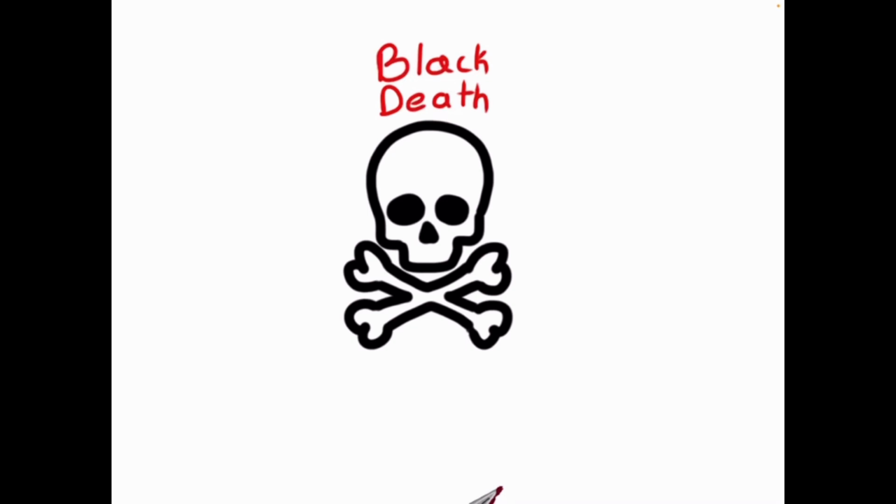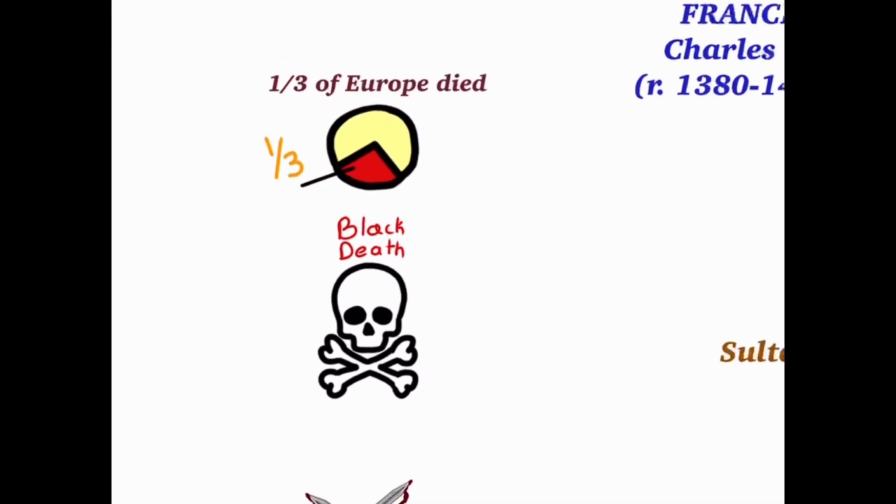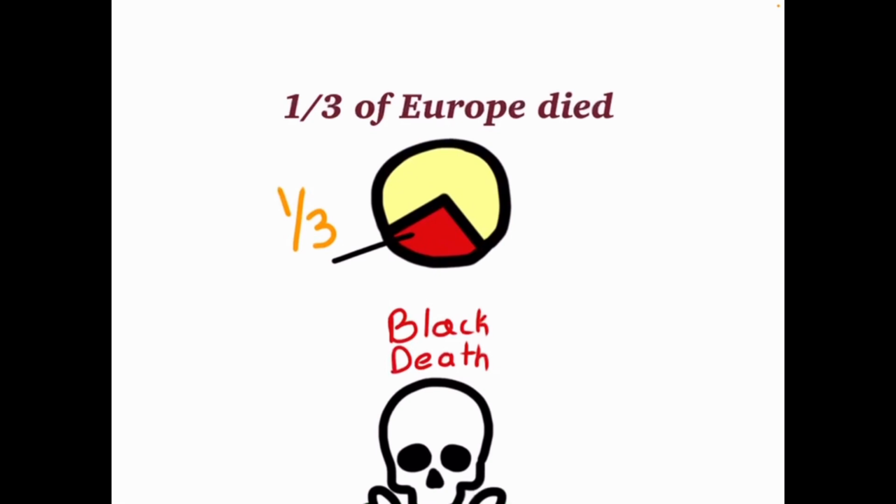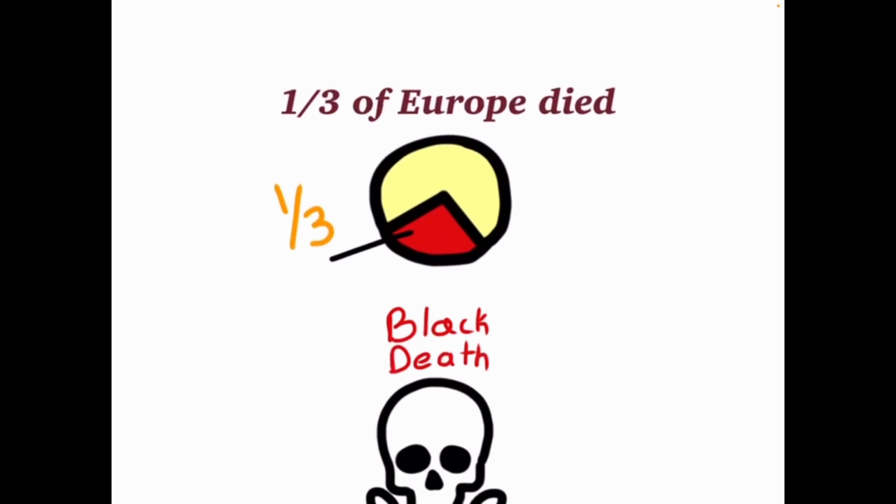It was called the bubonic plague because of the large swelling that happens on the victims' bodies. They could get to the size of apples. Black splotches later spread across the victim, which is why it's called the Black Death. This disease was highly contagious and killed its victims within days of being contracted. Statistics vary on the death count in Europe, but most agree it was at least 1/3 of the population of Europe that died. 1/3 of the people.